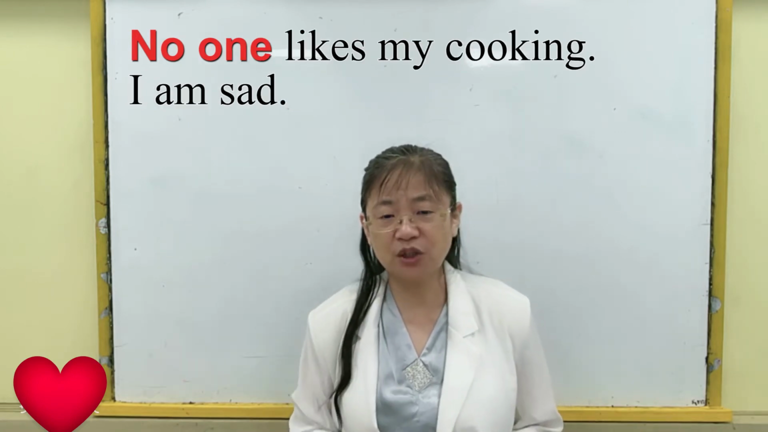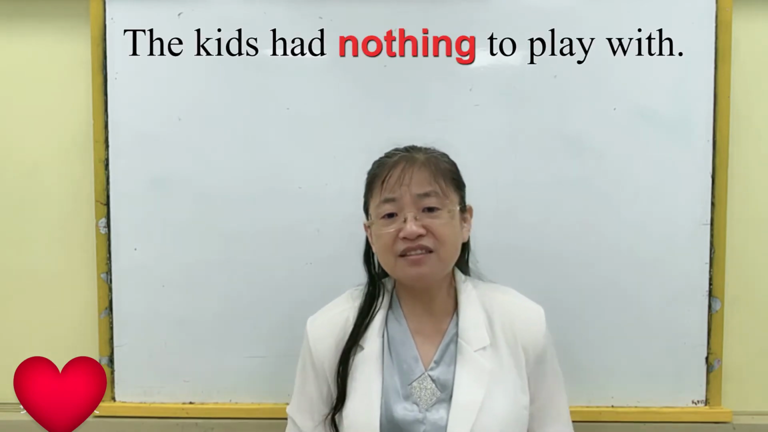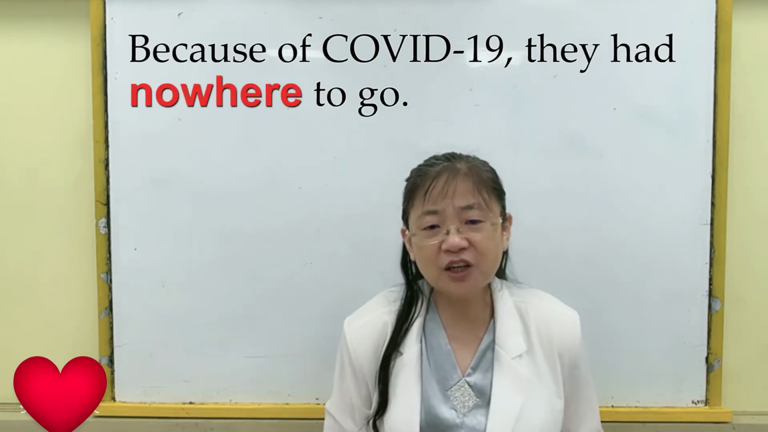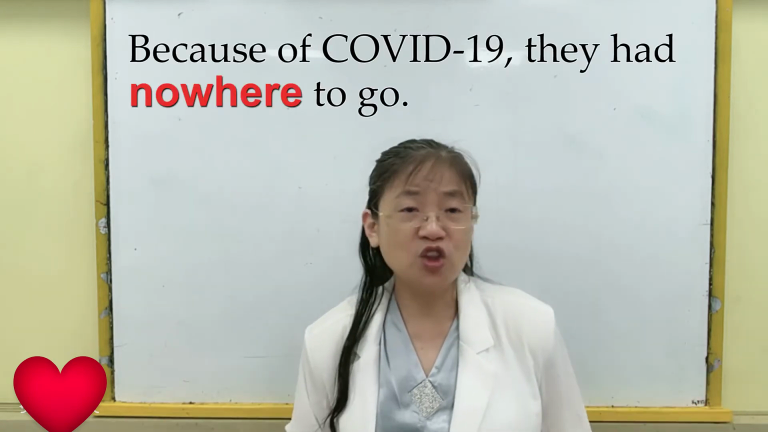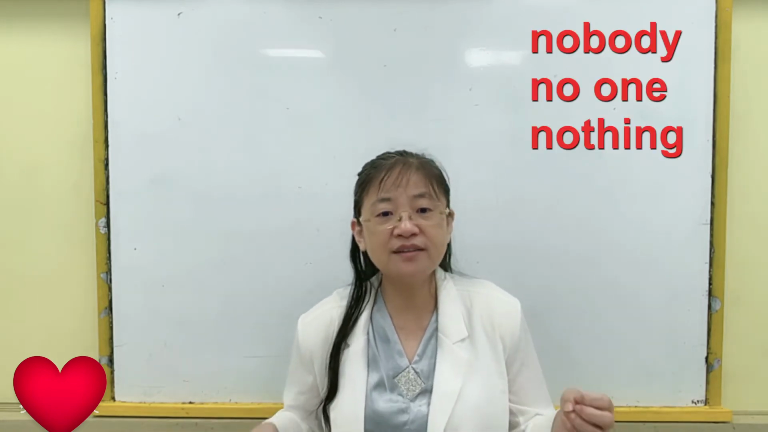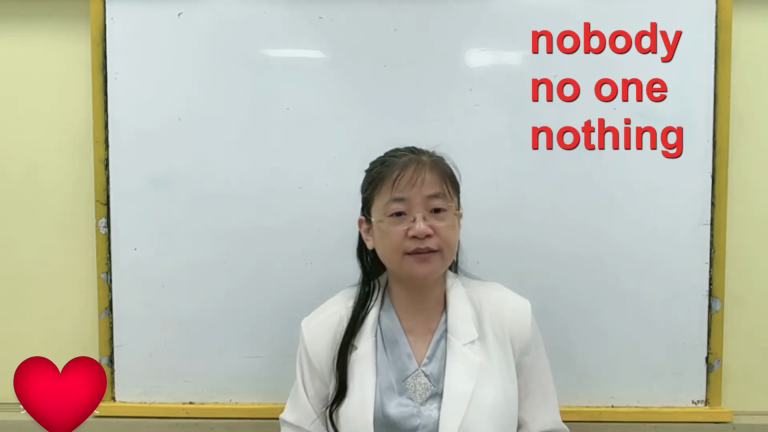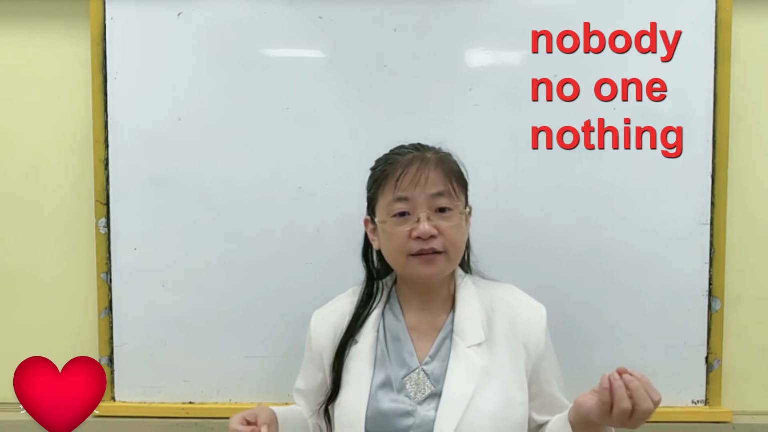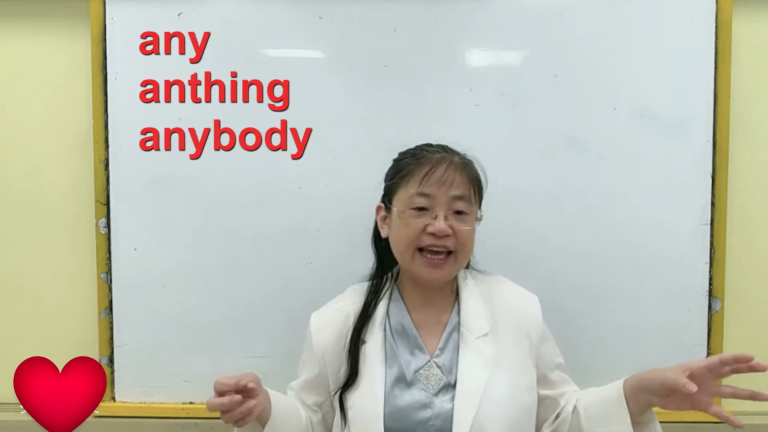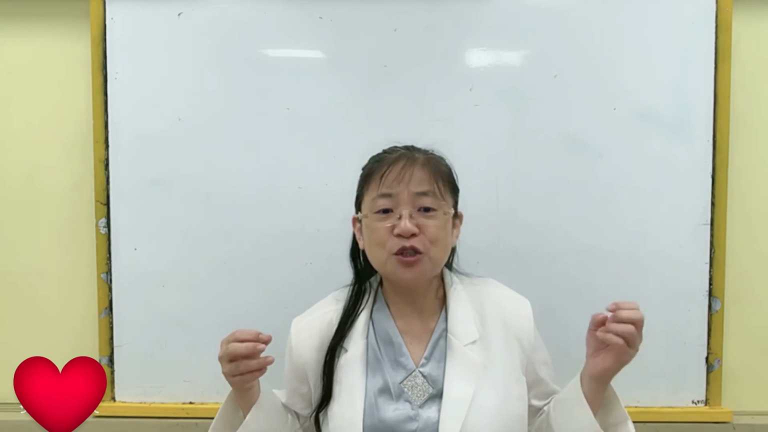No one likes my cooking. I'm sad. 所以这里可以放前面，也可以 The kids had nothing to play with. Because they're poor, or because of COVID-19, they had nowhere to go. 所以这些字 nobody, no one, nothing， 我们可以放前面、放后面都 OK。然后我们也可以把它当做单数 No one likes my cooking。然后再来看看 any, anything, anybody。那 any 的话，我们来看看句子。Do you want